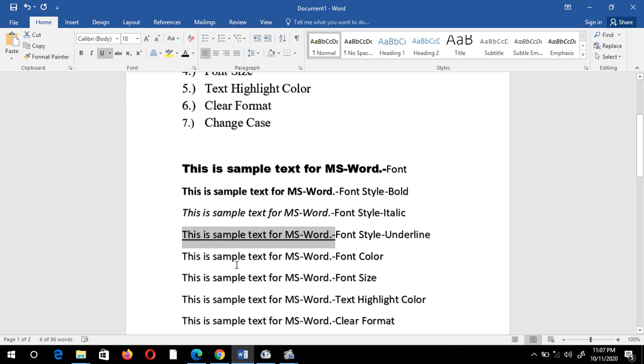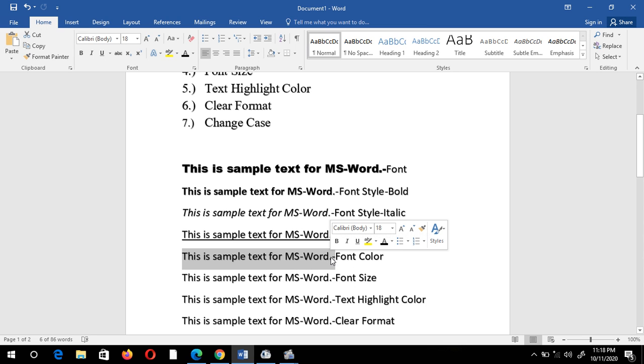Now see, if I want to change the font color, firstly, I need to select the text. There is one more benefit. If you have a mouse, just select the text and you do not have to go to the tab every time. Just select the text, and if you see, there is a toolbar, that is the floating toolbar.